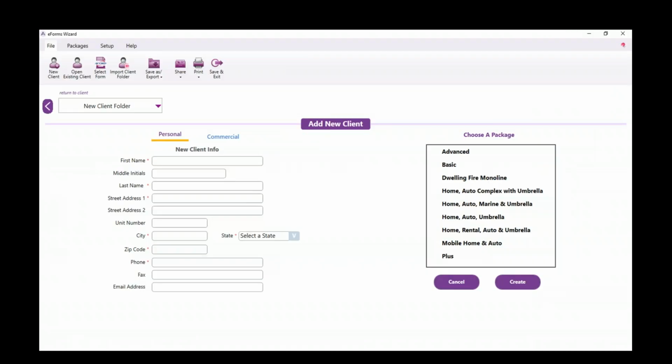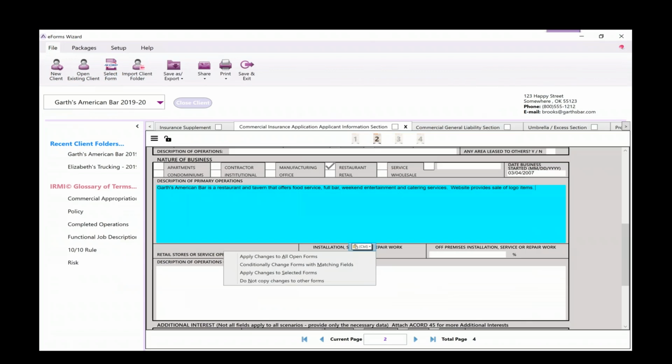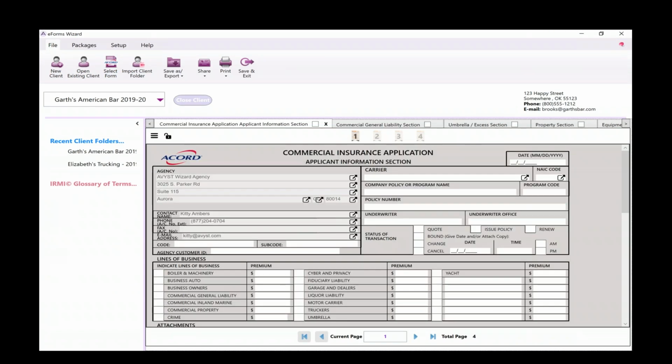So when we go to add a new client, fresh out of the box in eForms Wizard, you have an option of a personal lines client or a commercial lines client. And with the selection of personal or commercial, you'll notice that the package options change. Now, what's interesting about the ability to add packages is that you can customize the group of forms that comes